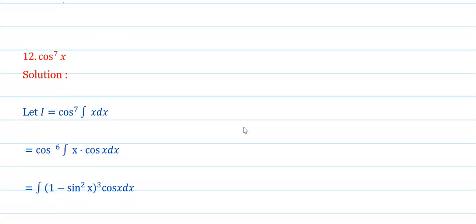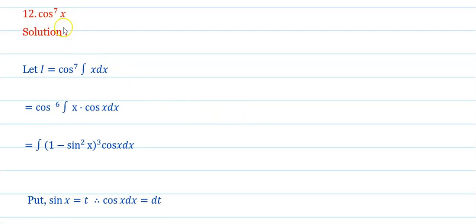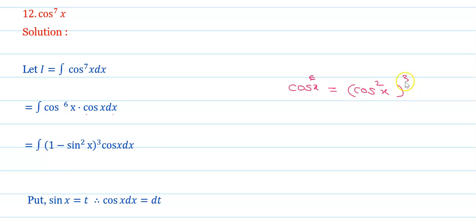Okay. Now the next problem, problem number 12, cos of x raised to 7. Now this cos of x raised to 7 is nothing but cos of x raised to 6 into cos of x into dx. Okay. So here we have got cos x. Now this cos of x raised to 6 can be converted in terms of sine. Means what? In bracket you can write cos of x raised to 6 can be written as